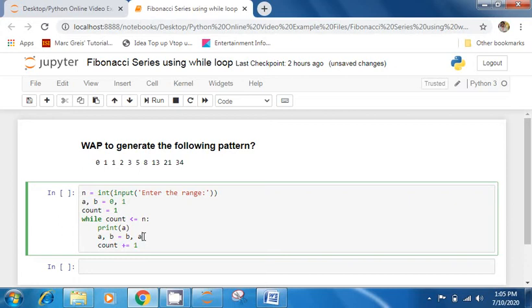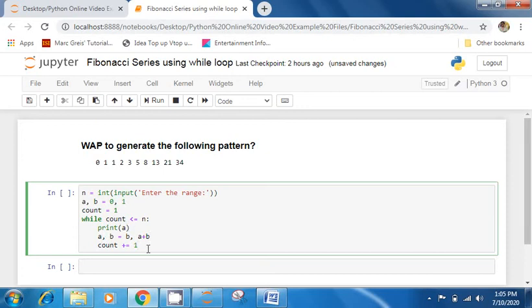So simply I have to do here A plus B. Now what will be happening here? B will be assigned to A and A plus B will be assigned to B, and in the next iteration the value of B will be changed to A plus B, and that value will be assigned to A, then that will be printed.